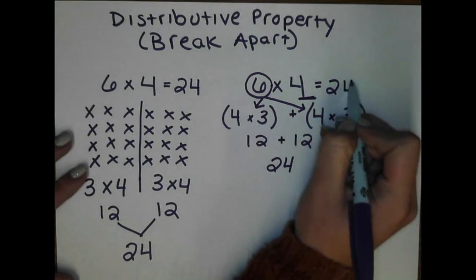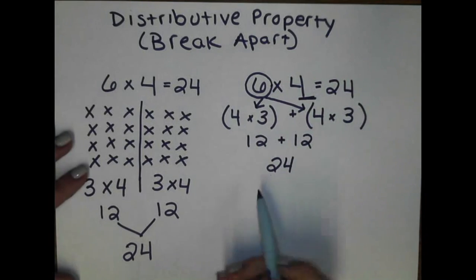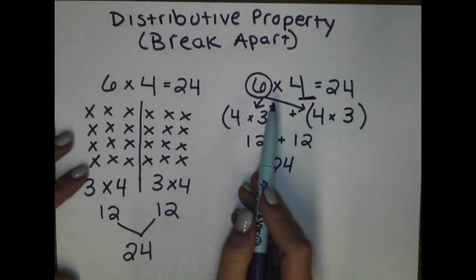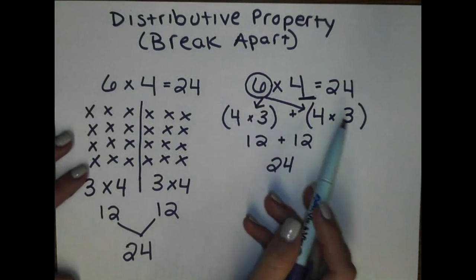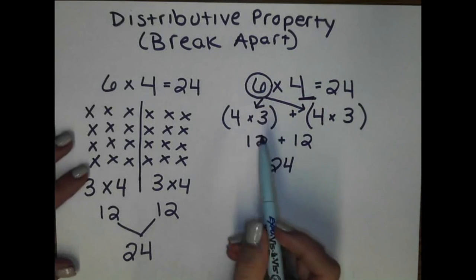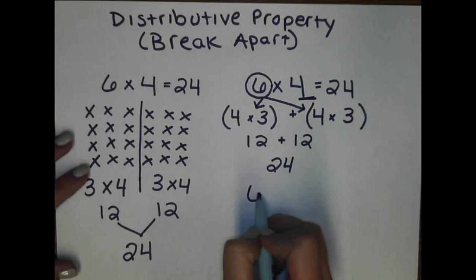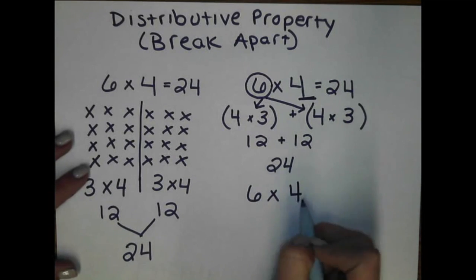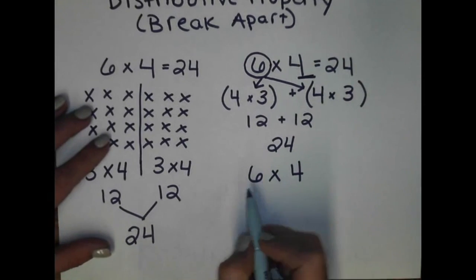The best part about distributive is that I don't have to do the 3 plus 3 with the 6. I can pick any 2 numbers to add together to equal 6. Let's try a different set of numbers. Still sticking with 6 times 4, but this time